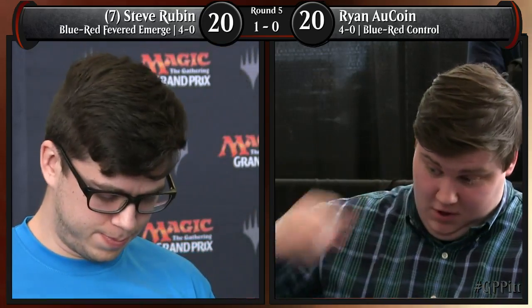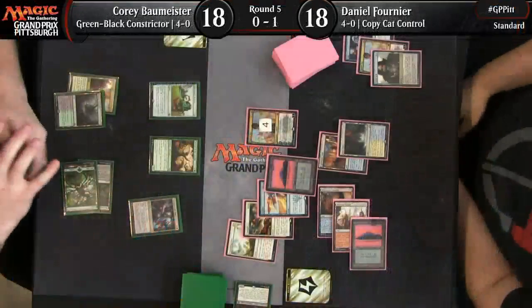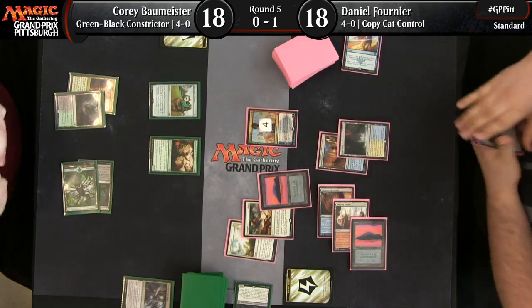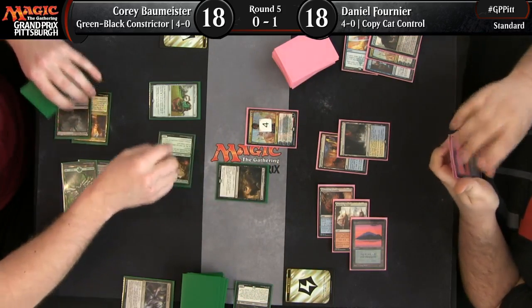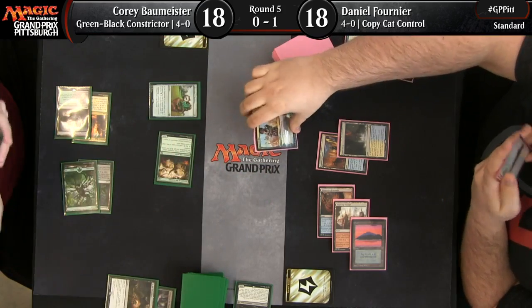Fevered Visions, though. Wow. Really, to me, the all-star there was Advanced Stitchwing. It was really a difficult card for Ryan to deal with in his deck. And sometimes it came back and brought friends. Yeah, when you look at the cards that are in Ryan O'Coin's deck, they do not match up well against 4 toughness creatures. He has cards like Incendiary Flow, Galvanic Bombardment. Harness Lightning can get it, but...